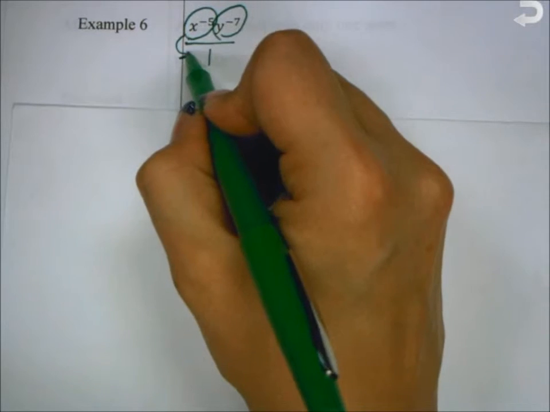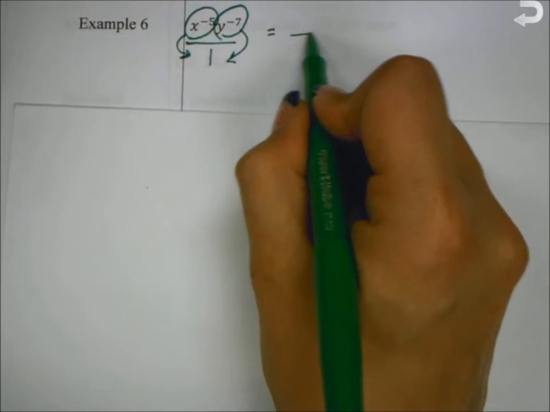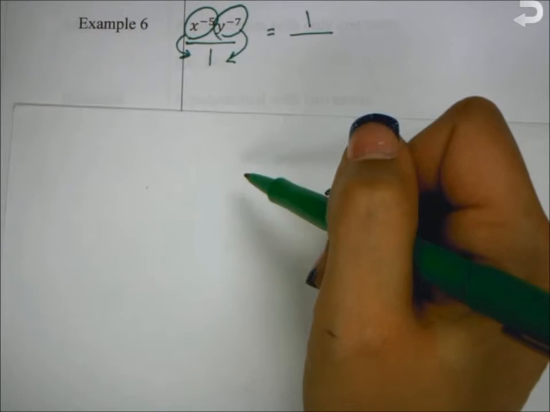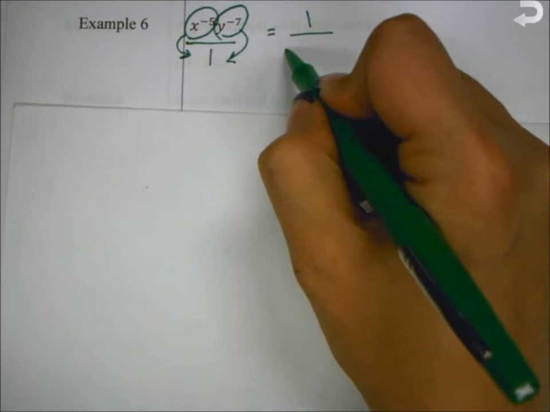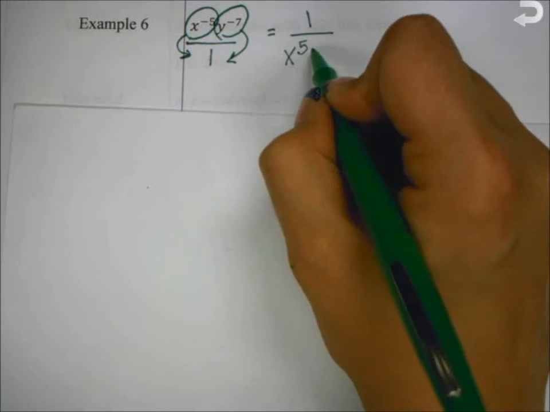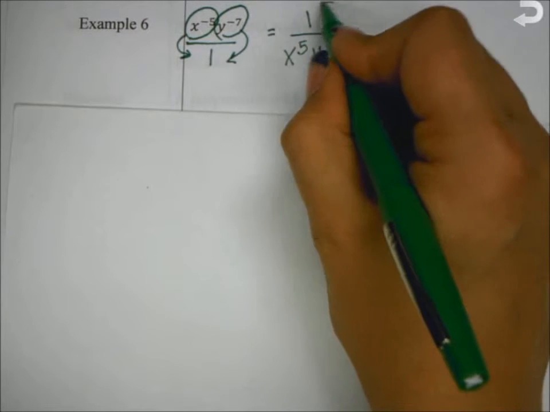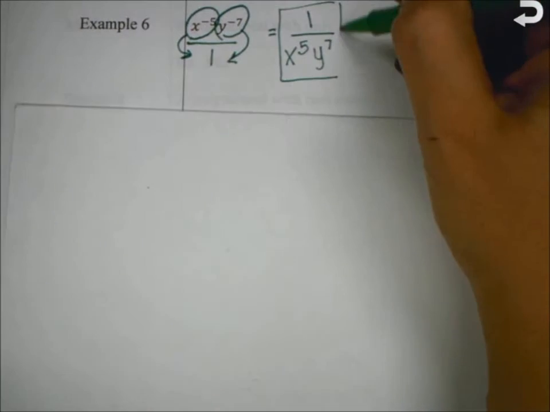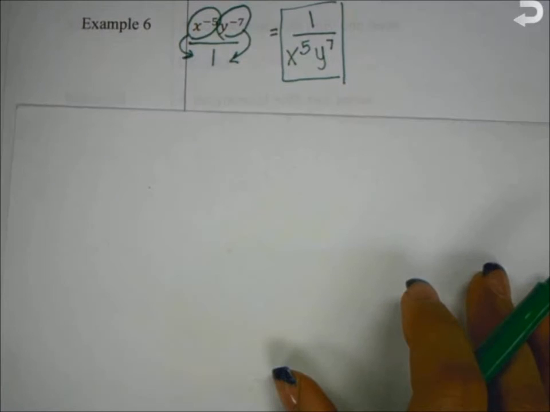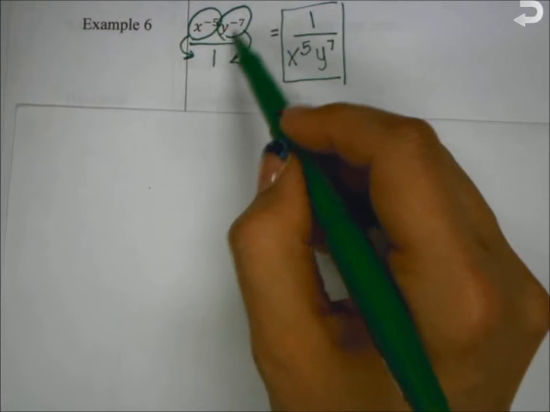So who's living upstairs? Just a 1. Who's living downstairs? X to the 5th and Y to the 7th. And that's your answer. When you move it, it changes to positive. The 1? The 1 changes? No, the 1 stays up here because there's nothing up there, so it's just a 1. How come the negative is